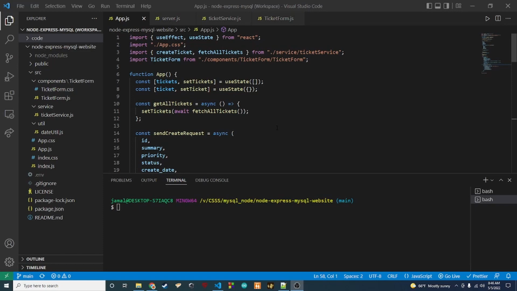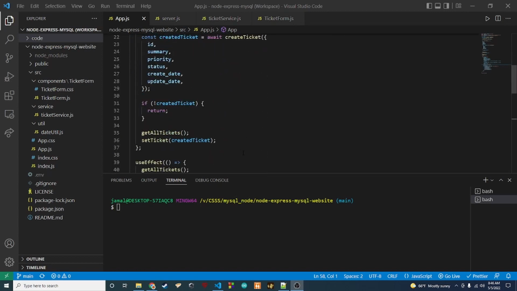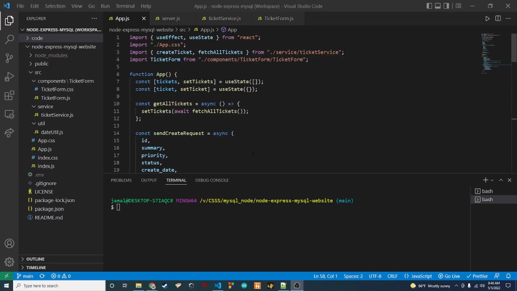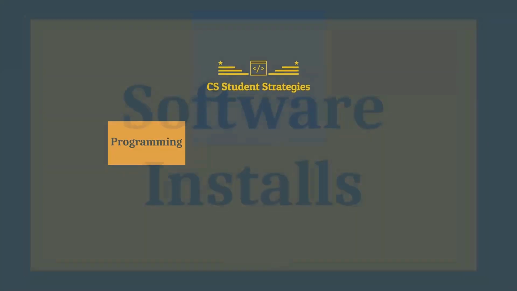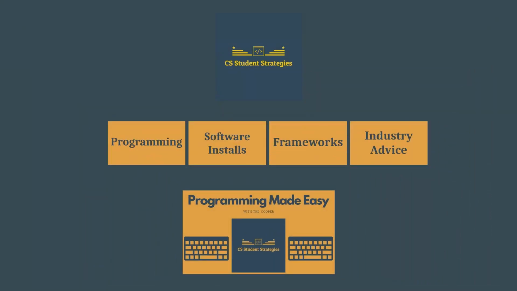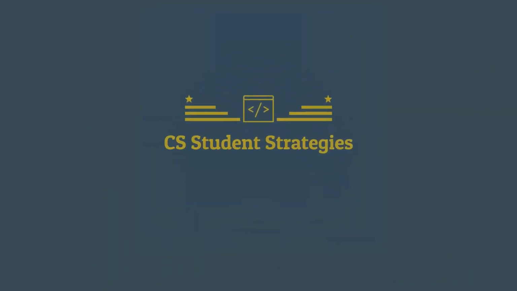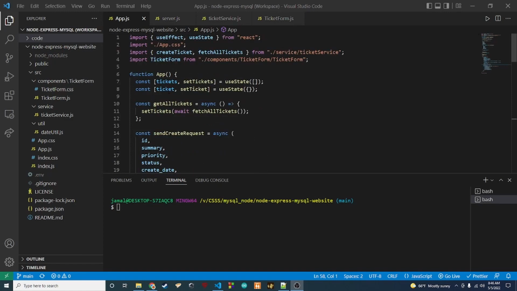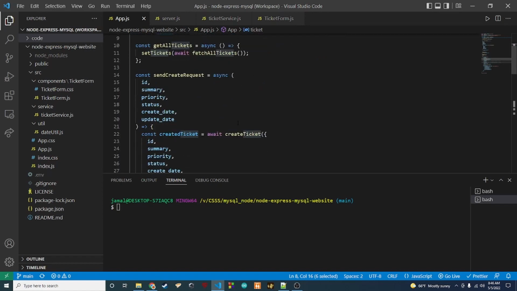And in the last video, we set up our UI to be able to create tickets for us. So in this video, I want to continue on with that, and we want to add functionality to allow us to update tickets in the UI. The first thing I want to do is change this state name because right now I realize it might be